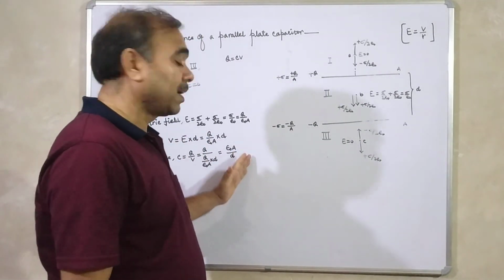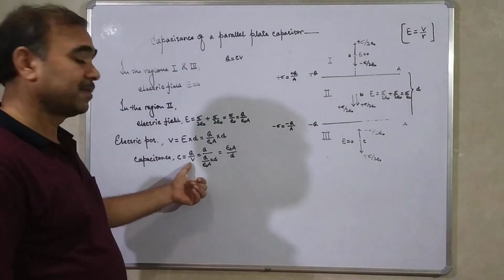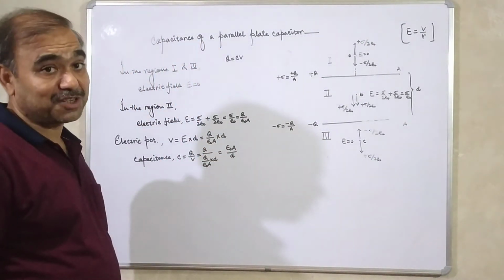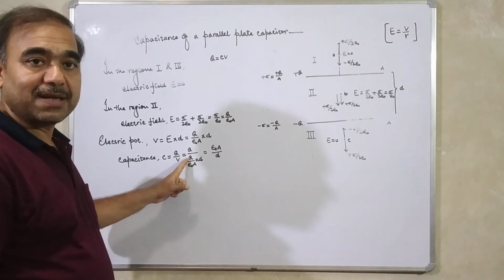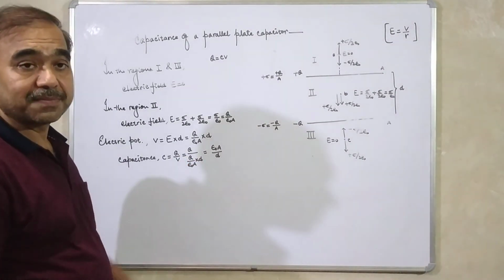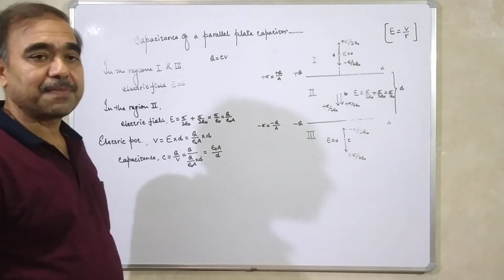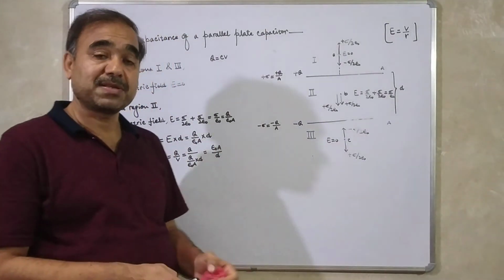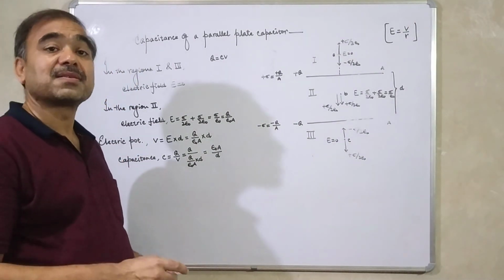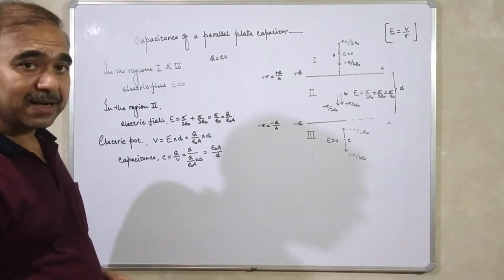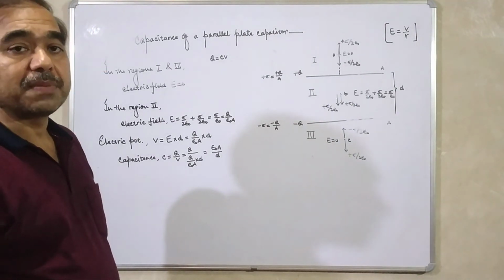Now the capacitance, that is obtained by dividing charge upon potential. Put the value of charge, means charge on the capacitor, we have to take only plus Q, and the value of V is Q by epsilon naught A into D. Right, it is? Now if it is solved, you will get epsilon naught A upon D. Means capacitance of capacitor depends on the geometry of the capacitor. Means on the area of capacitor, it is directly proportional, and capacitance is inversely proportional to separation between the plates.